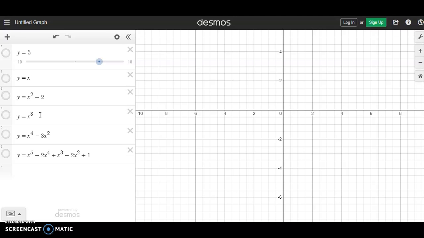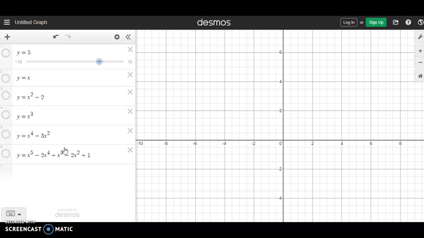a degree of 3, or in other words, we call it a cubic function, a polynomial that has a degree of 4, or a function that is also called a quartic function, and a polynomial function that has a degree of 5, or in other words, we call that a quintic function. So let us look at the graphs.